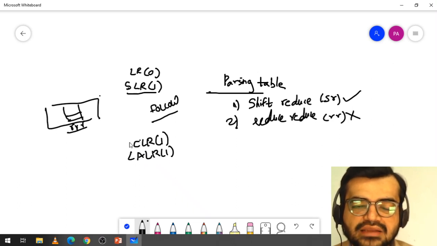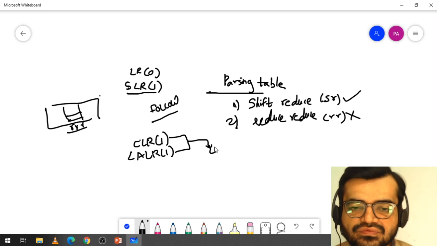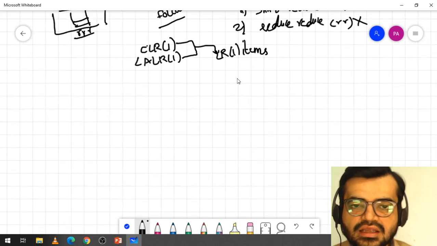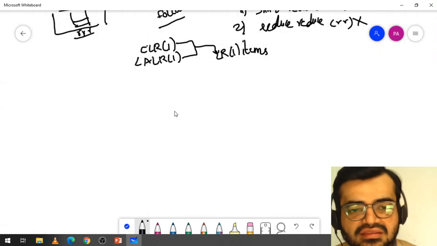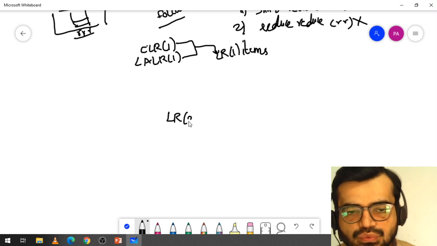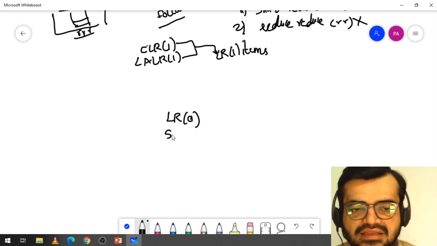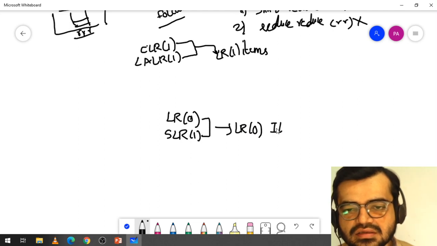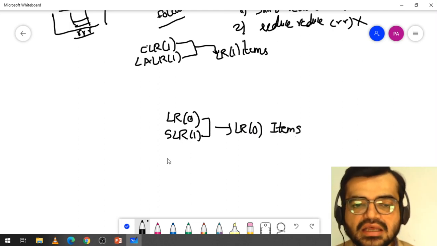CLR(1) and LALR(1) are based on LR(1) items, because LR(0) and SLR(1) are based on LR(0) items.